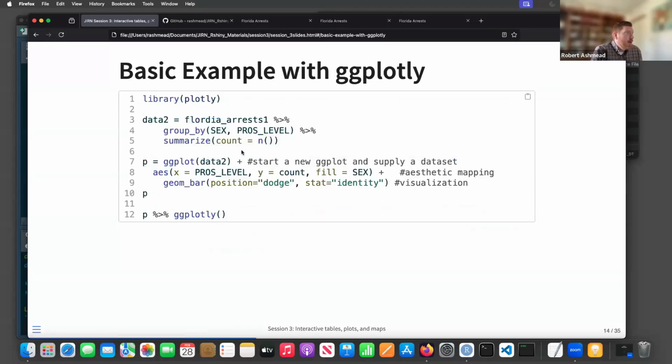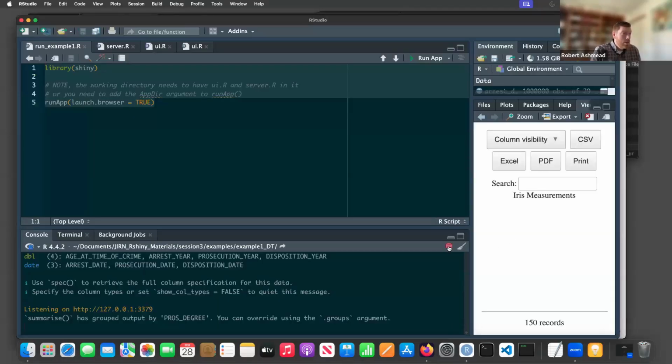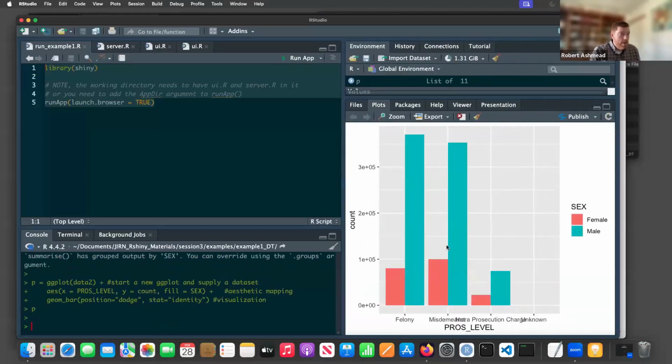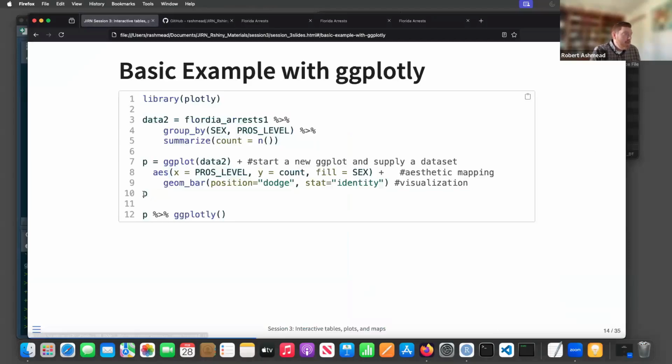I'm just going to take our arrest data from Florida. I'm going to count the cases by sex and prosecution level, and we're just going to do a little bar chart of that in ggplot. All right, so that looks like that, a basic ggplot, similar to what we've done before. But now, P is my object here, and if I translate that to a Plotly object,